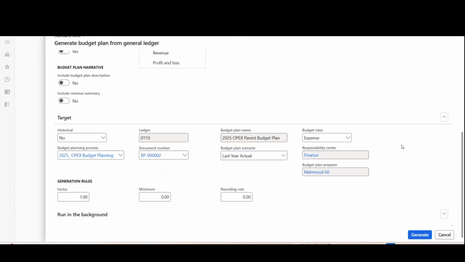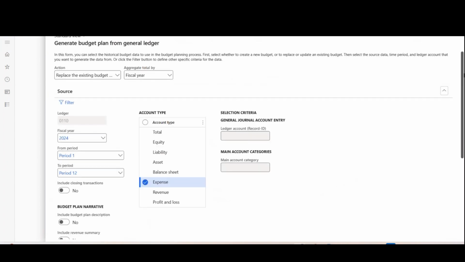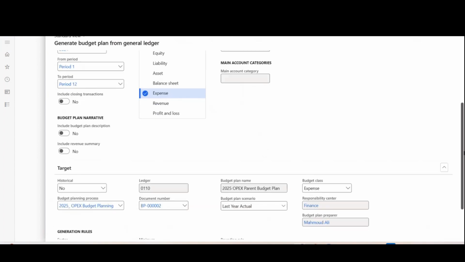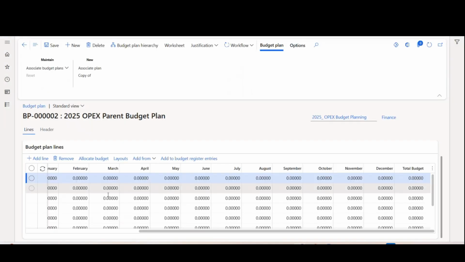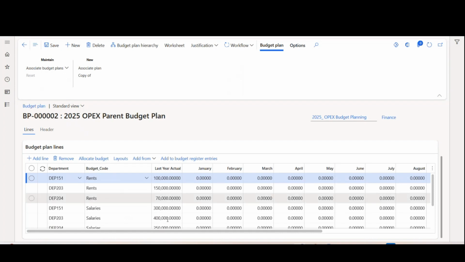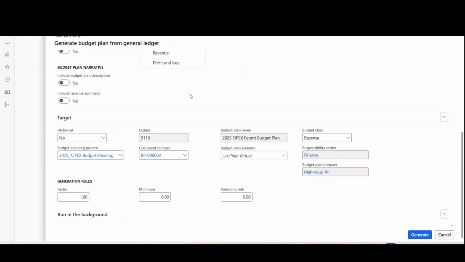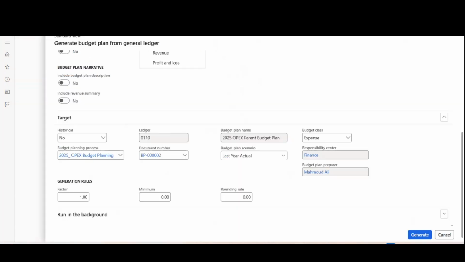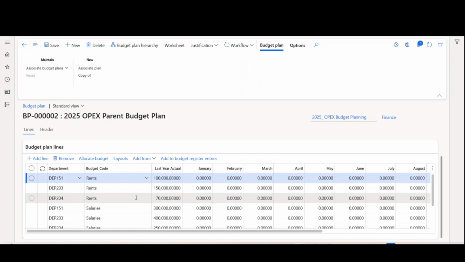So simply what we are trying to do is to get the data automatically from the last year to this column, which is last year actuals. I don't have any data on my organization in this environment, so I have to add it manually. That's why I added it before recording the video. So it will come in this way. Once you click generate here, all the data will be coming here automatically. So once I have all the data here,